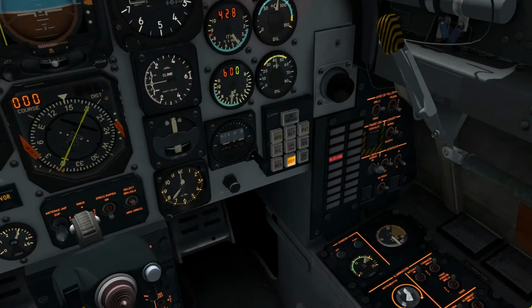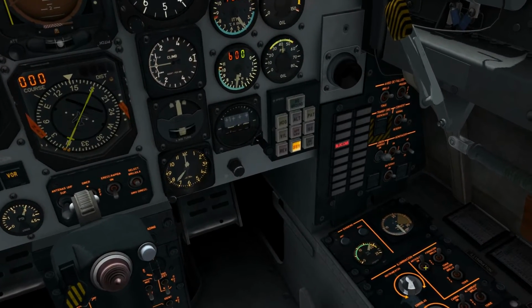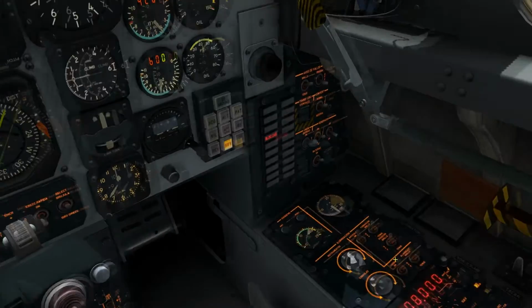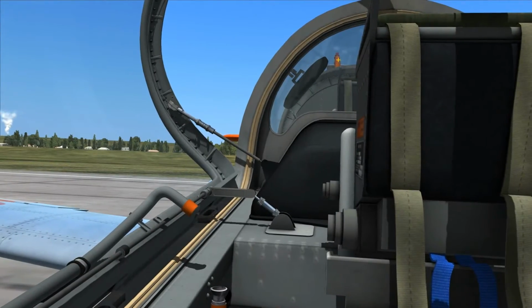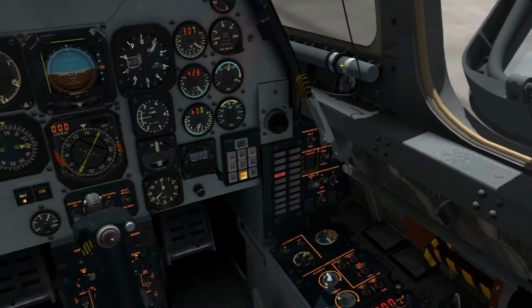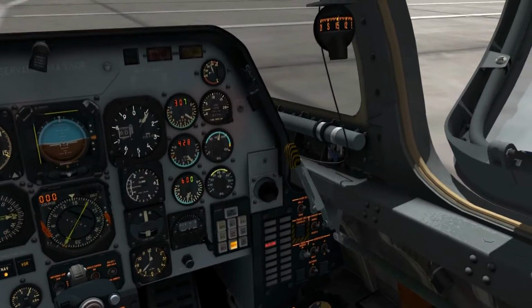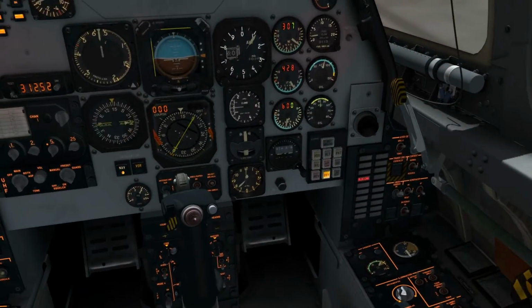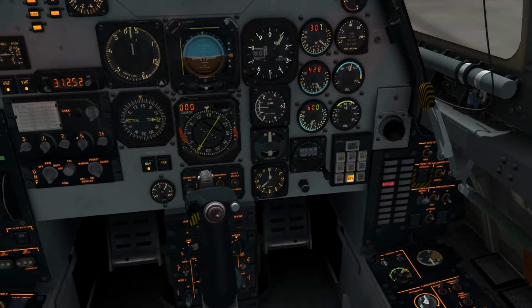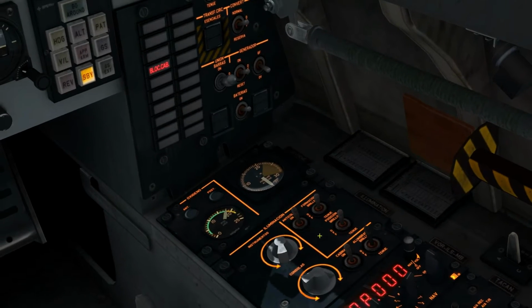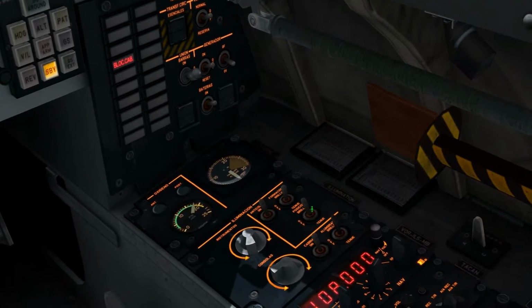External illumination. We already have, from the startup, the anti-collision light on. It should be the beacon light. We can see it working here on the top of the tail. This light is mostly to indicate to ground crews there's somebody inside the cockpit that is about to start the plane. So the rest of the outside lights, the position lights